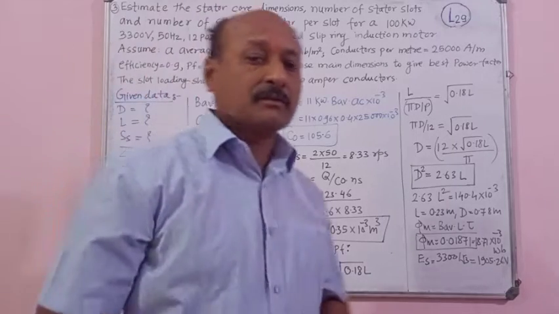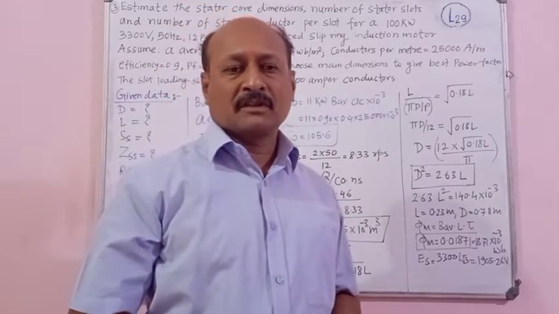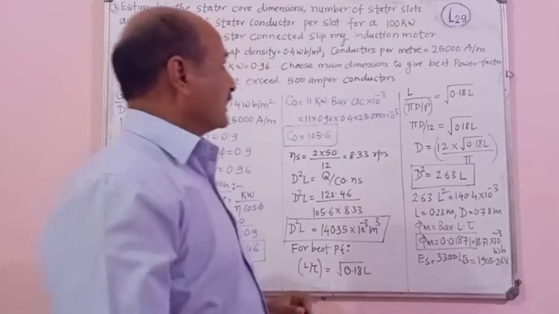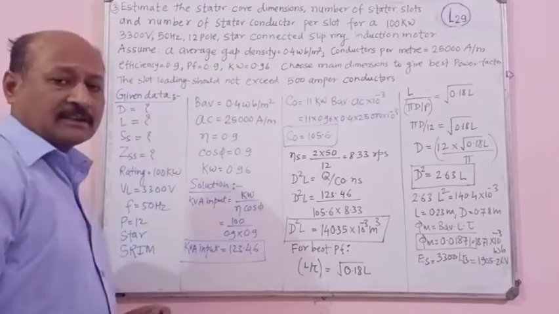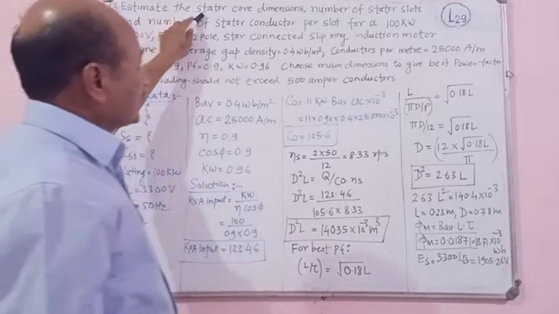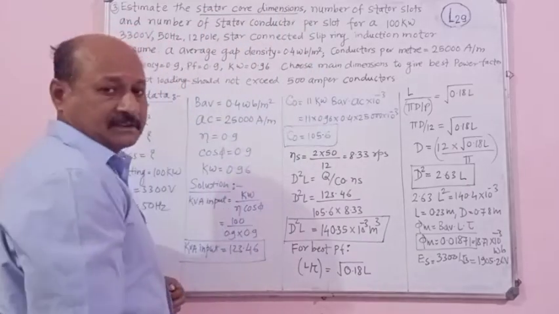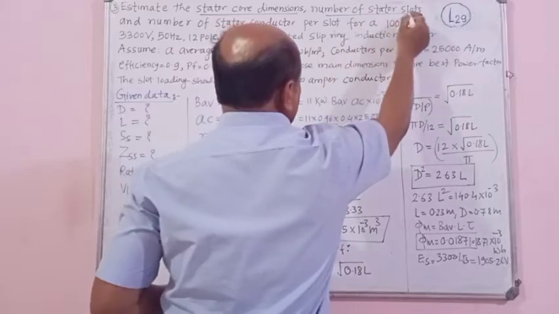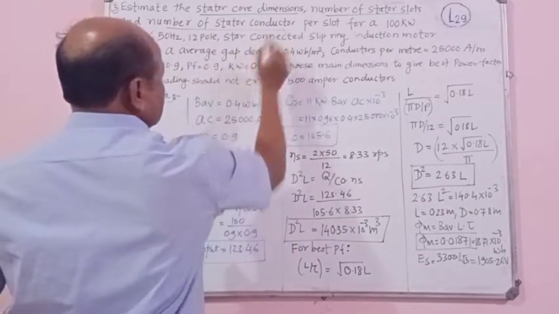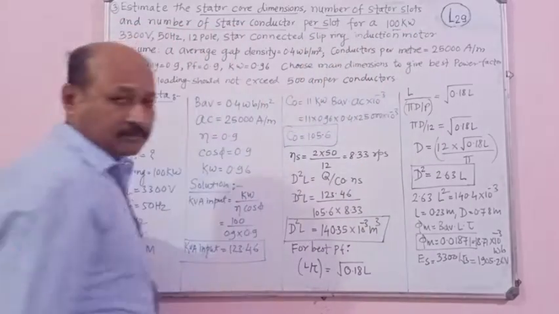Good morning, students. We will see a few numericals on the last topic, the numericals on the stator slots, as well as the number of stator slots and core dimension. See the third numerical. Estimate stator core dimension, number of stator slots and the number of stator conductors per slot for 100 kilowatt,